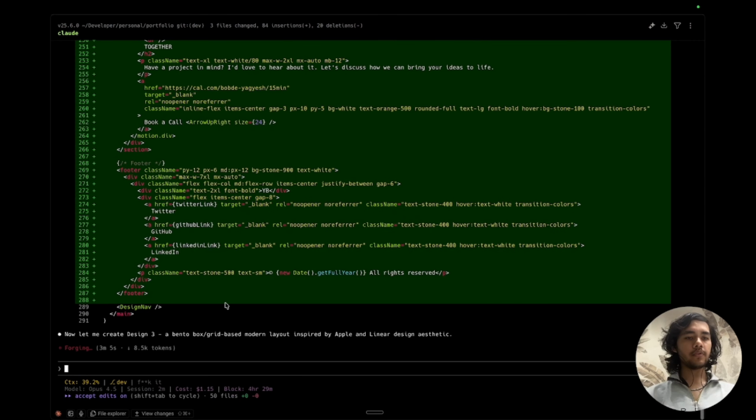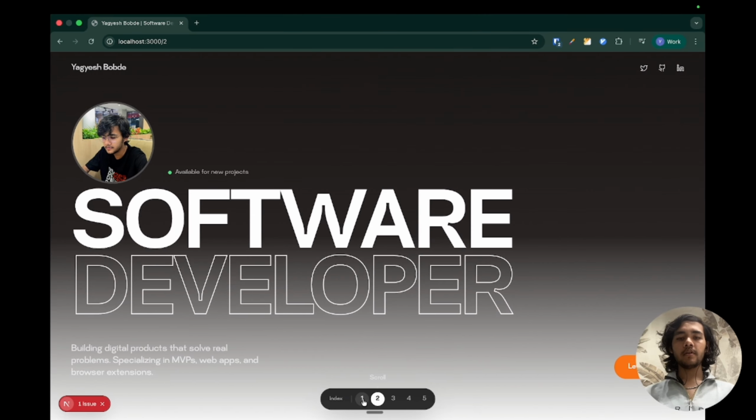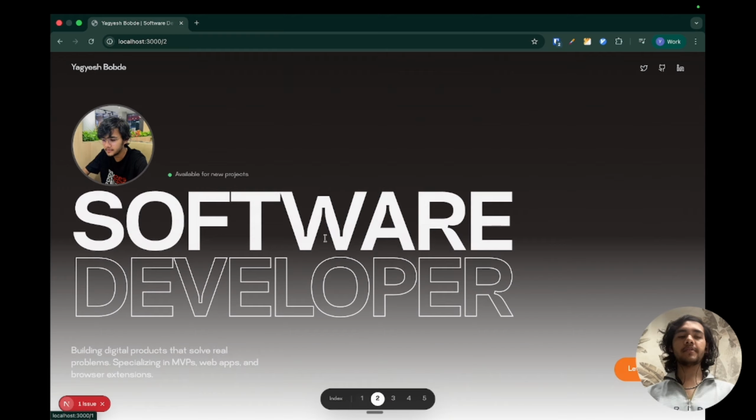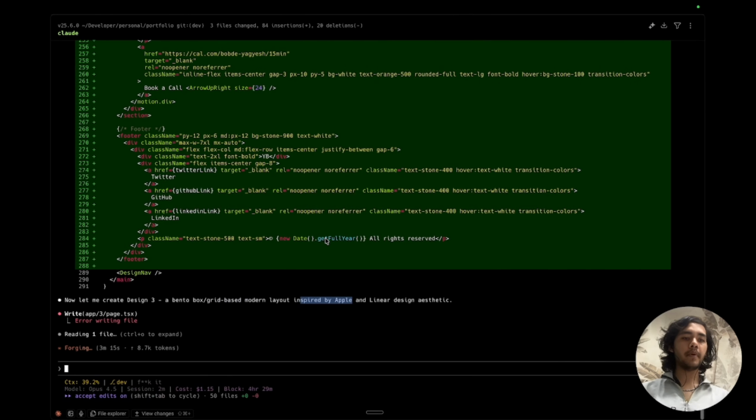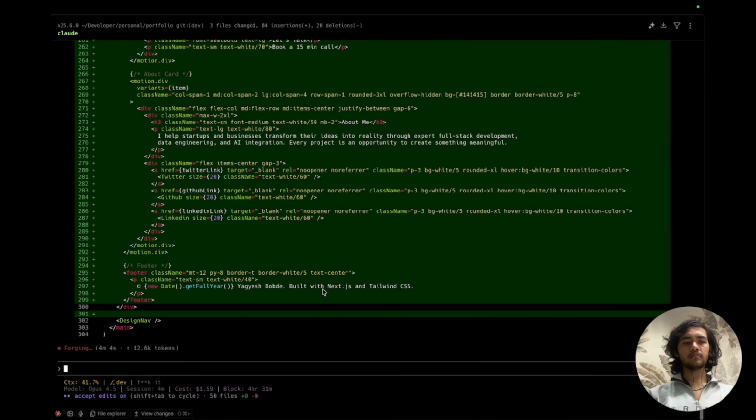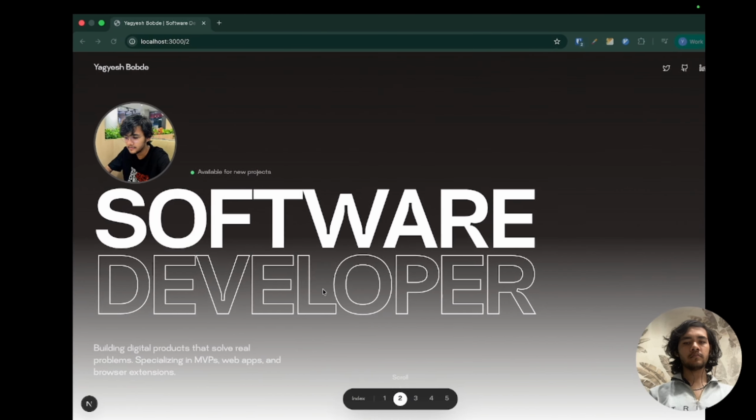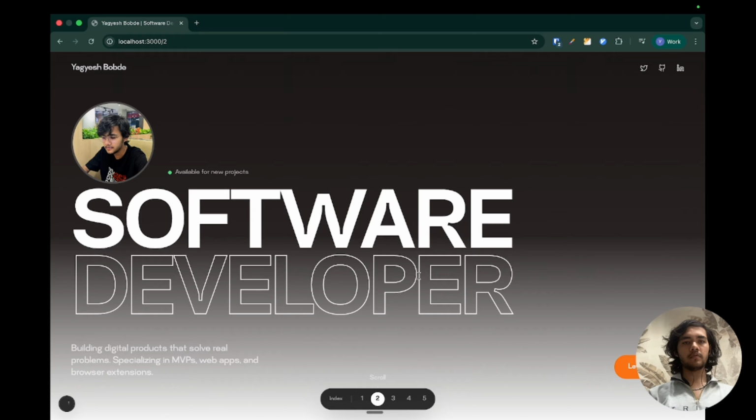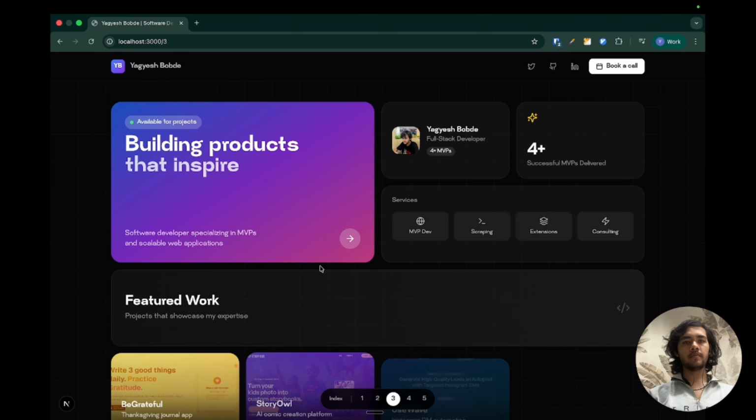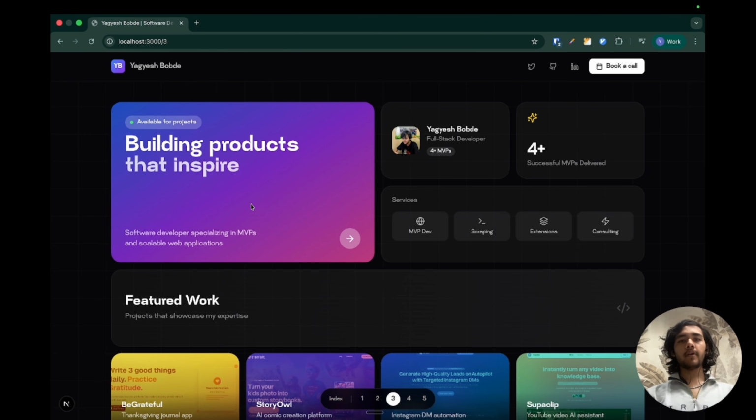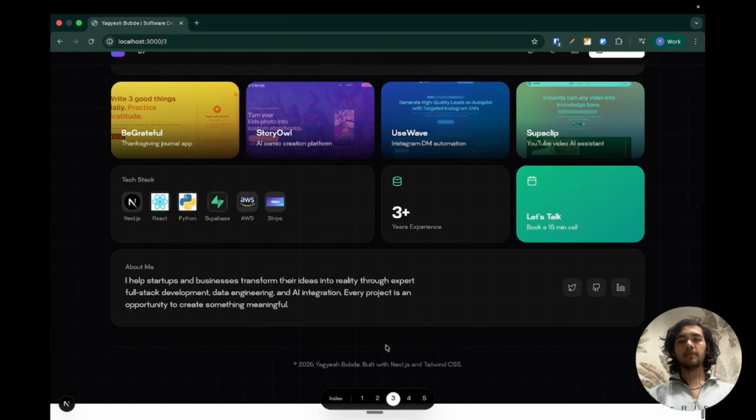Let's see if it's done with three. It's going for a bento box grid modern layout. Okay. So out of one and two, I'd say two is better. Let's see. So it seems the third is ready. Let's move on. Okay, so it went for a bento grid style, which